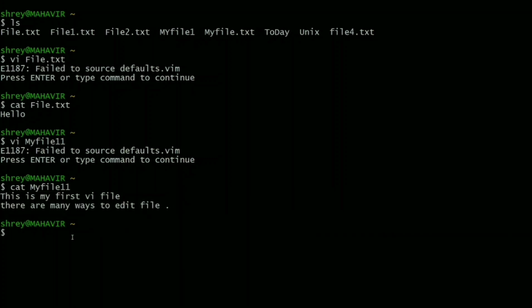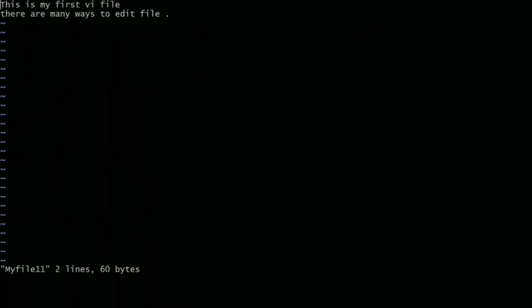Now if I want to open the VI file again, here I am in the default mode. To read this file, we have to press keys. L is used to move the cursor to the right one character position.